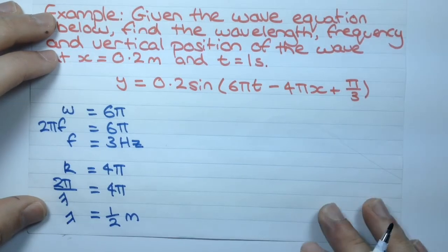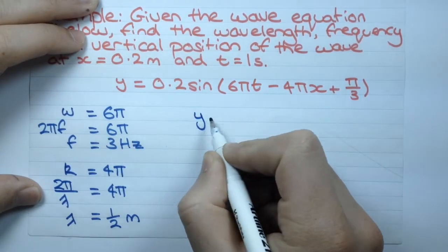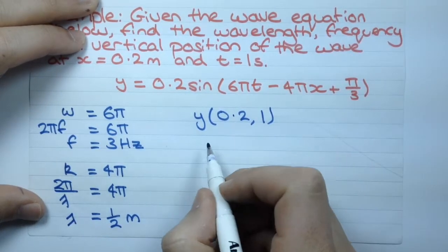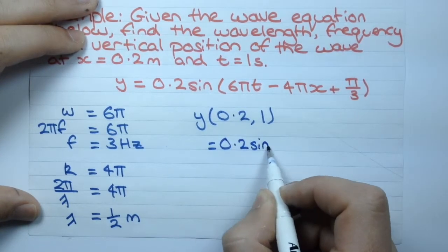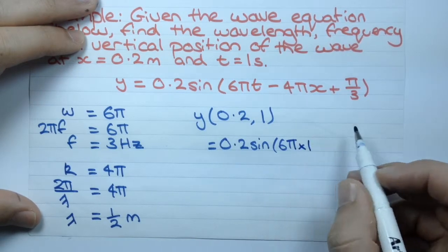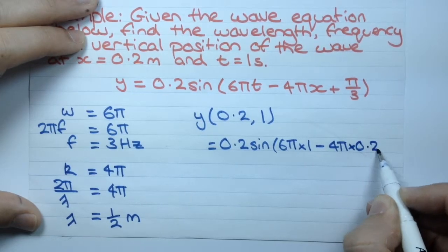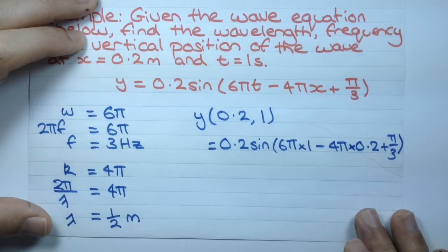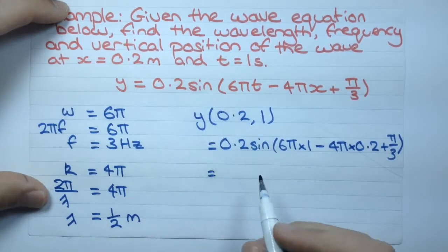Right, finally, we need to find the position of the wave at these variables. So what we need is y at 0.2, 1. So that's x and t. And that'll give us the following if we just substitute those values in. Right, put that all in your calculator and you find that the vertical height or vertical position is minus